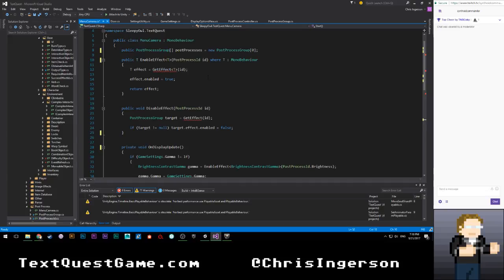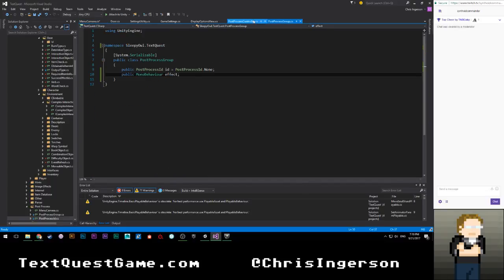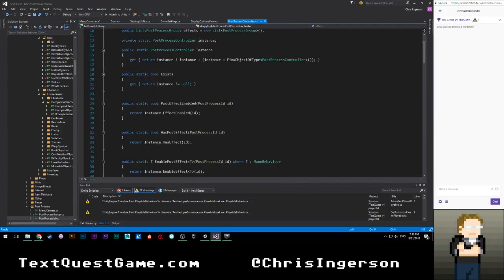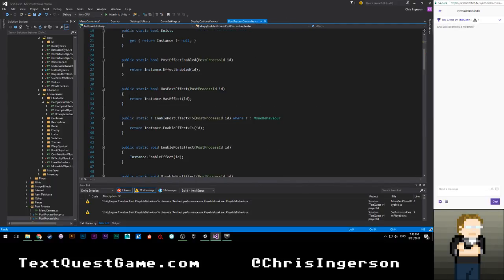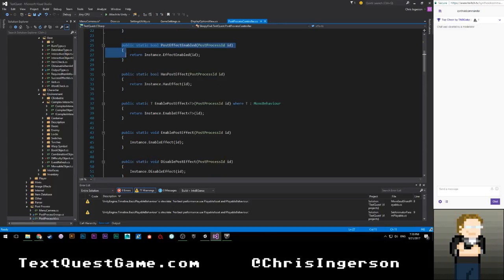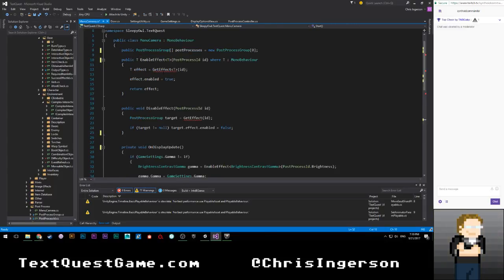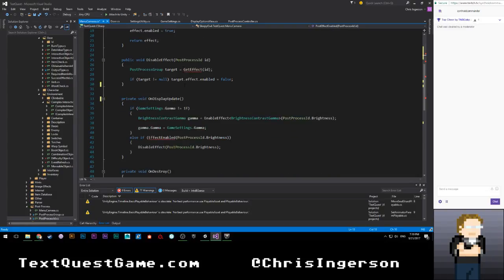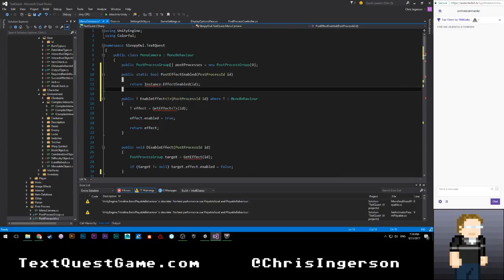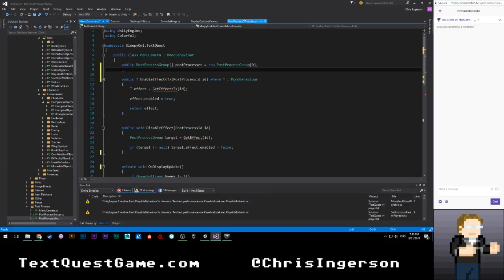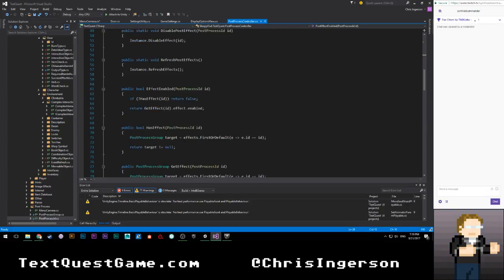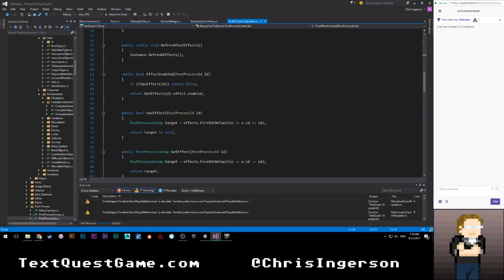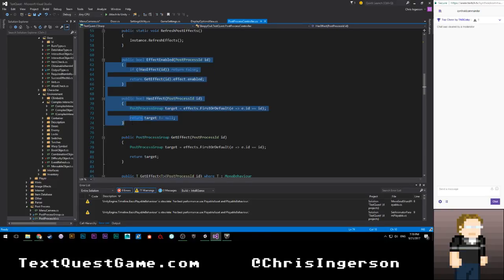All right, let's see here. Get effect ID. Ugh, so I do actually end up needing basically everything. Of course I do. Let's go ahead and grab this. Paste that. Oh, no, that's the static. So I don't need any of the static functions for this, I guess. I need just the regular functions. So effect enabled, and